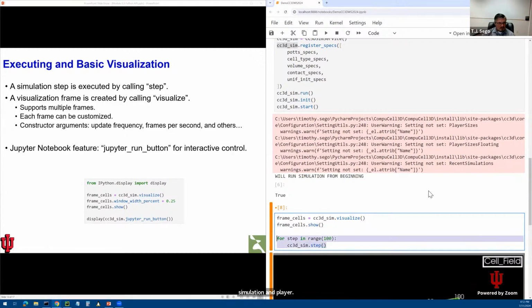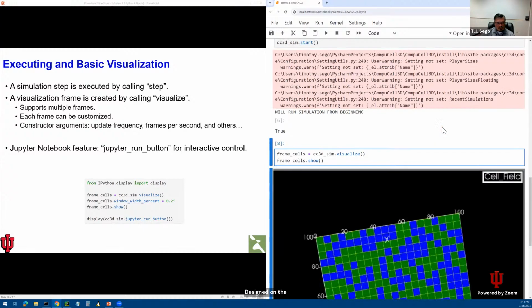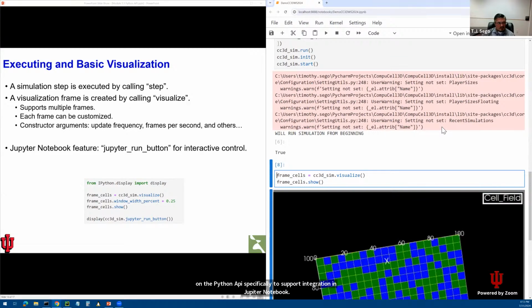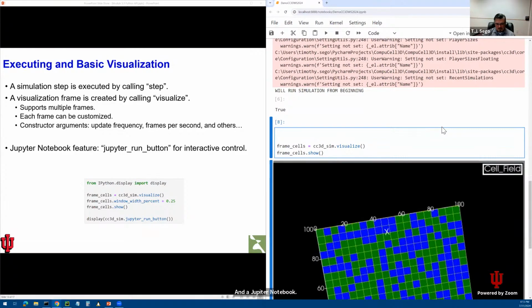We're going to use a feature that is designed on the Python API specifically to support integration in Jupyter Notebook, which is a little bit of some interactive features. Well, we can get into the details here momentarily. Suffice it to say that it's possible to actually put something like the play and pause button in Player in a Jupyter Notebook. If you're following along with me, first, we will import some basic Python infrastructure to display additional widgets,